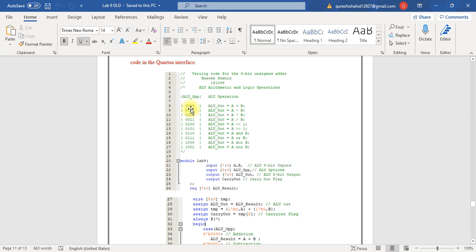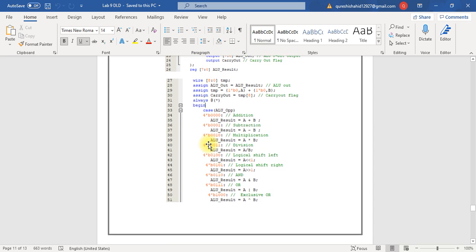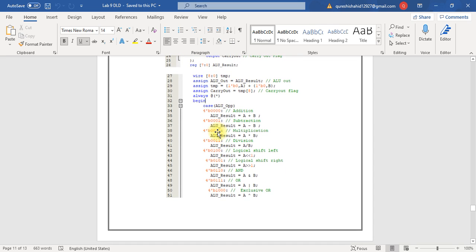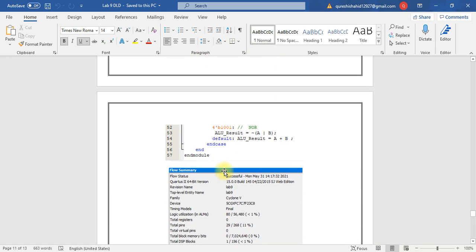If the operation is 0000, addition is performed, 0001 subtraction is performed, 0010 multiplication, and division, and so on. Here is the Verilog code in which we have two inputs A and B, one output and one carry out. This is the case operation in which multiple cases have been generated as I told earlier.